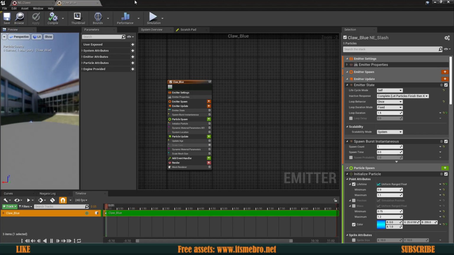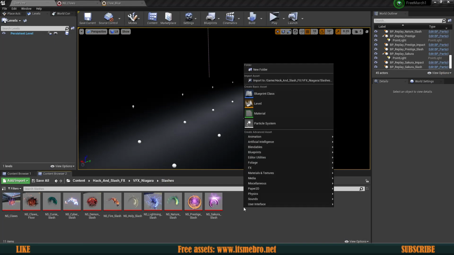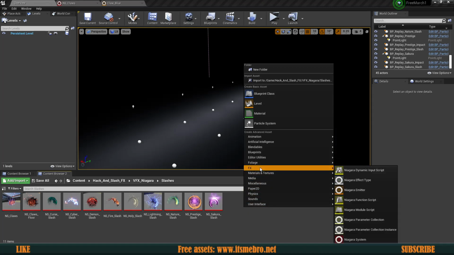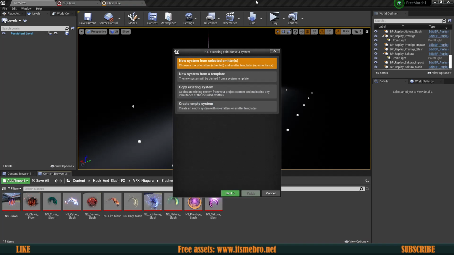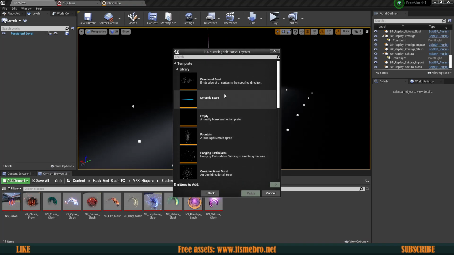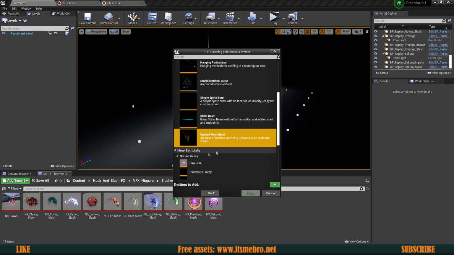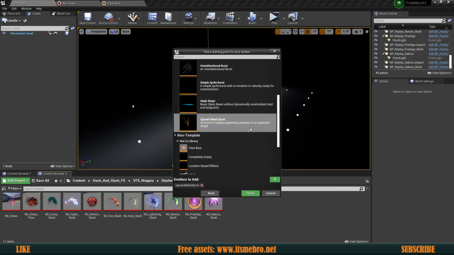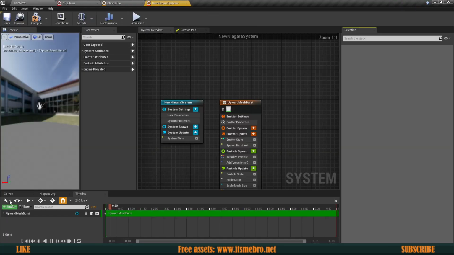You can't really do that in the emitter itself. For that, you need to create yourself a new Niagara system. So you can just go to the FX and the Niagara system, and let's create one from an existing emitter. Let's say we want to make these arrow bursts, so we can add an emitter, and you can add more and more if you want, or you can click finish and then open it up,